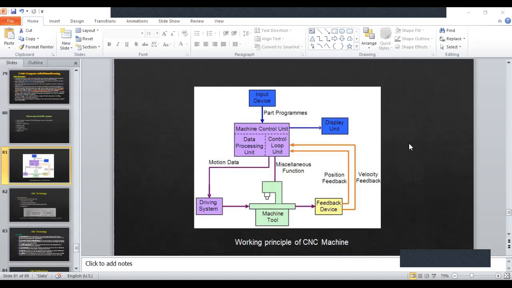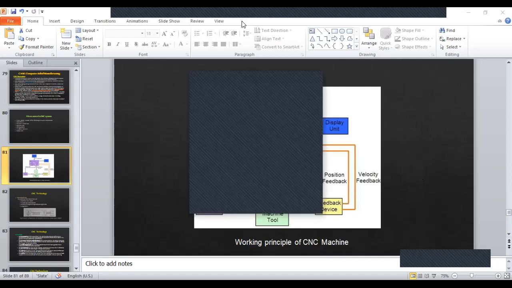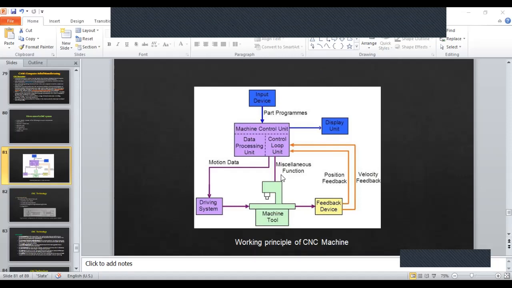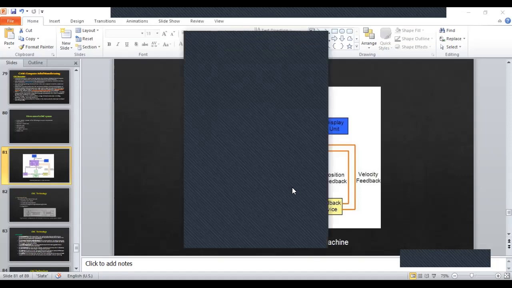Doubts about the different components that we have in the CNC machine and their functions? No doubts? Okay.